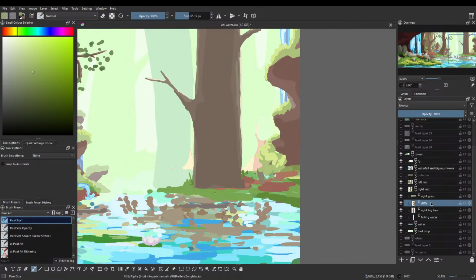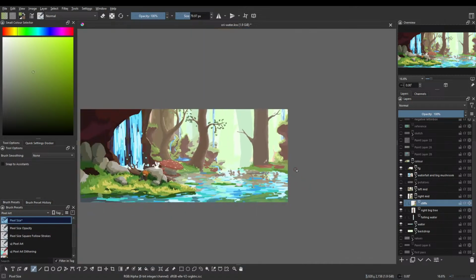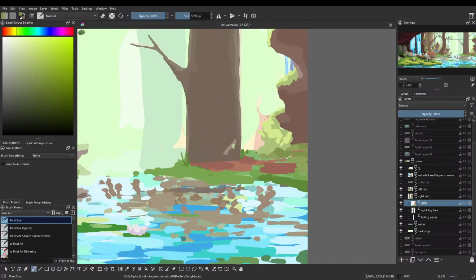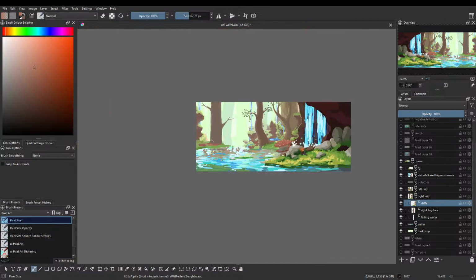I think so. It's going to be way easier to edit if the grass is on the same layer as the cliffs. Yeah, you see that it now integrates way nicer with this.